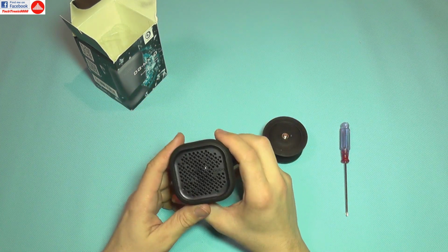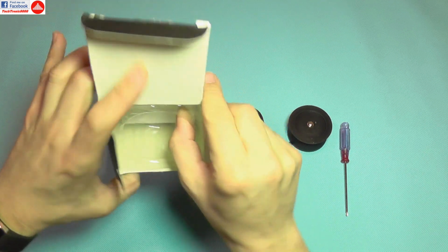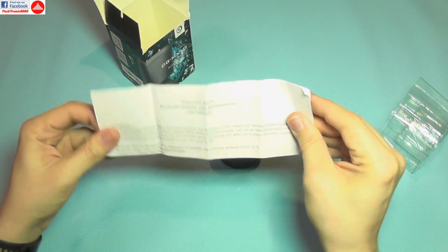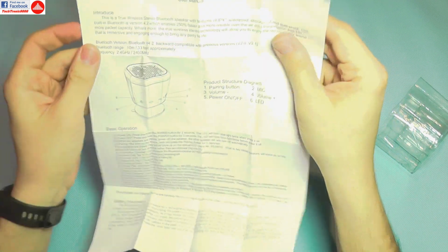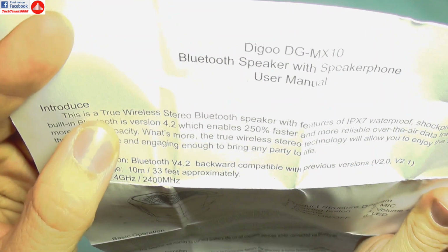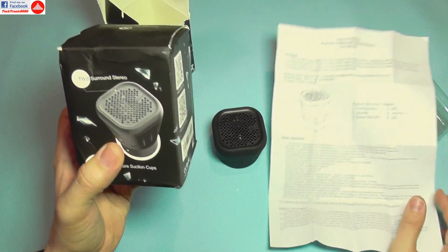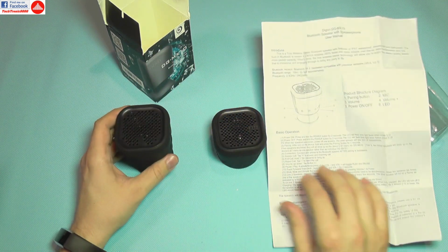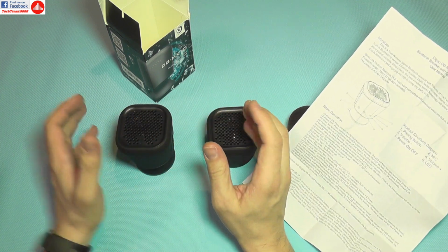Right, so the goodies don't end here actually, and the nicest part about it is written here in the manual, and it says here that this thing uses a technology called true wireless stereo. So what's that about? Well, that is the fact that if you have a second speaker which is identical, it's the same model, you can actually bind one speaker to the other,